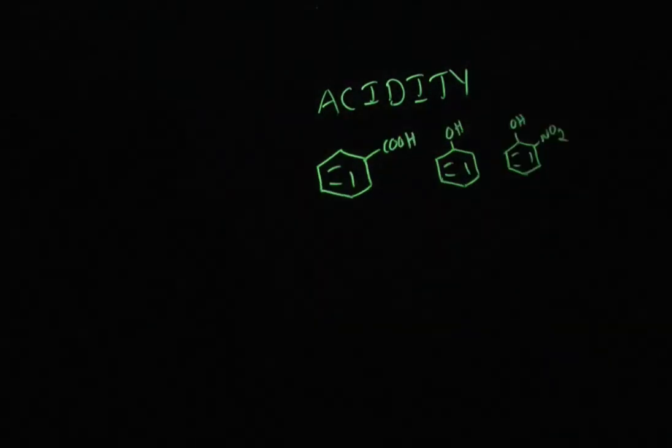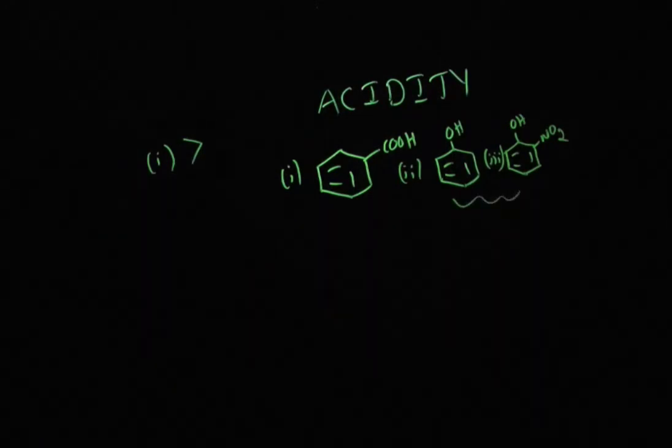Okay, so let's see this question, guys. Very important question again. Option 1, option 2 and option 3. You have to arrange them in decreasing order of acidity. So first you have to look for acidic hydrogen. Clearly the hydrogen on COOH is most acidic. Always, the hydrogen on COOH is more acidic. That means 1 is more acidic than 2 and 3. So between 2 and 3 you have to decide.